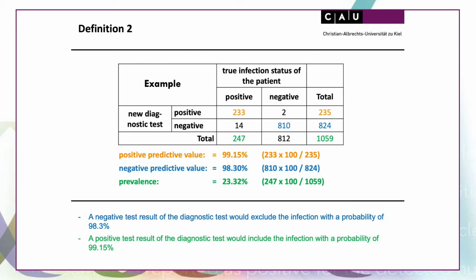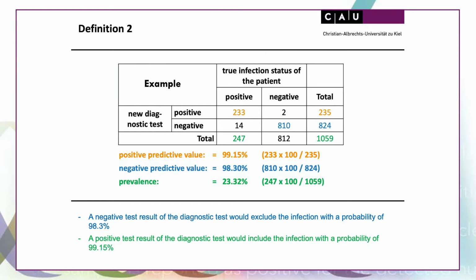The diagnostic test in our example detects the infection in 233 of the 247 infected persons and assigns 2 persons as infected who, in fact, have no infections. Accordingly, the positive predictive value of the test is 99.15% and the negative predictive value is